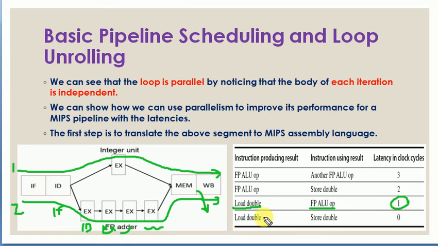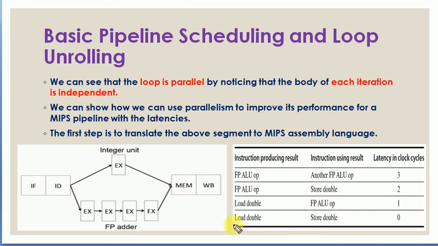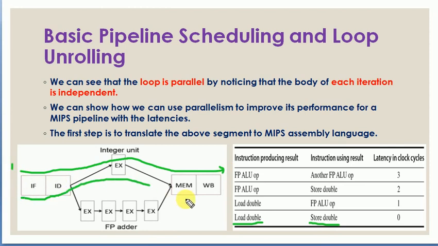Then the next one is a load double and a store double. Both will happen this way. The first instruction is load double, and the second instruction, store double, will also pass through the same way. For the load: instruction fetch, instruction decode, EX, memory. At this stage the load will be completed. Then for the store,